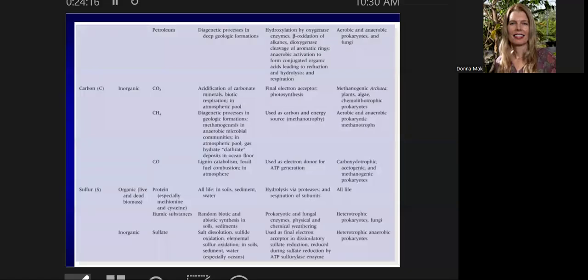Inorganic carbon is being listed here. So here we're looking at things like carbon dioxide, methane, carbon monoxide. And now, again, you can see some of the funkier microbes playing a role. So you can see methanogenic archaea. But of course, CO2, we know that plants can take in CO2 and use it. So that's why plants and algae and photosynthetic organisms, but chemolithotrophs too. Remember, chemolithotrophs take in CO2 to make sugars off of that.